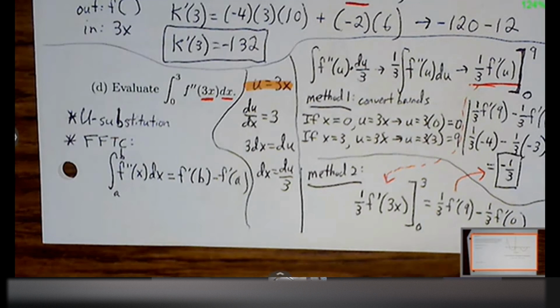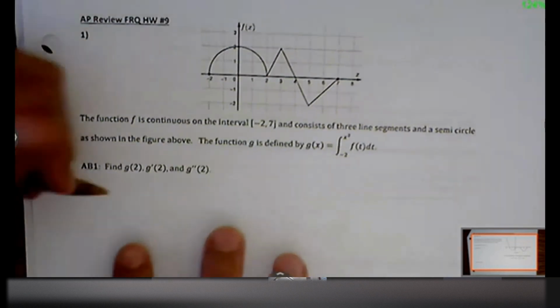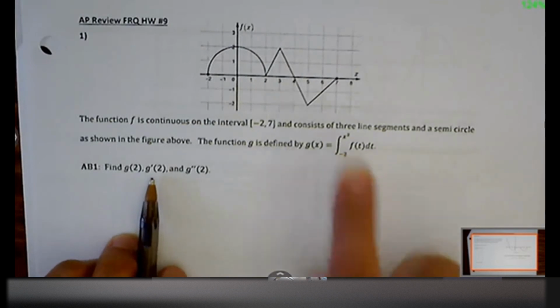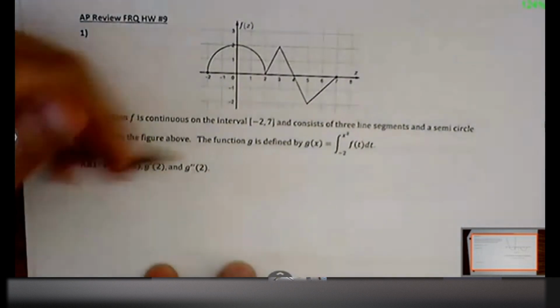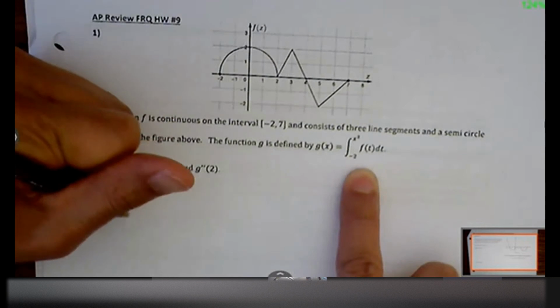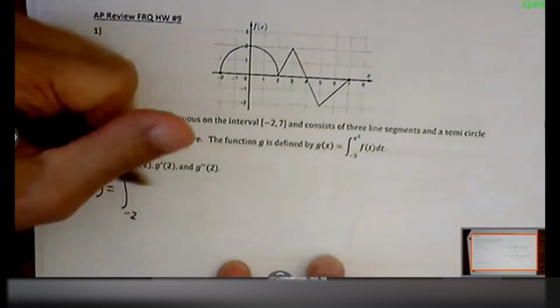Okay, let's do it with our time available here. From -2 to 7 is our region. We've got a semicircle and a triangle. It says find g of 2. So for g of 2, we're just going to follow the rule here. There's no need to do final equals initial plus displacement because everything is defined within this rule. Two squared: we plug in 2 for x, and 2 squared is 4.